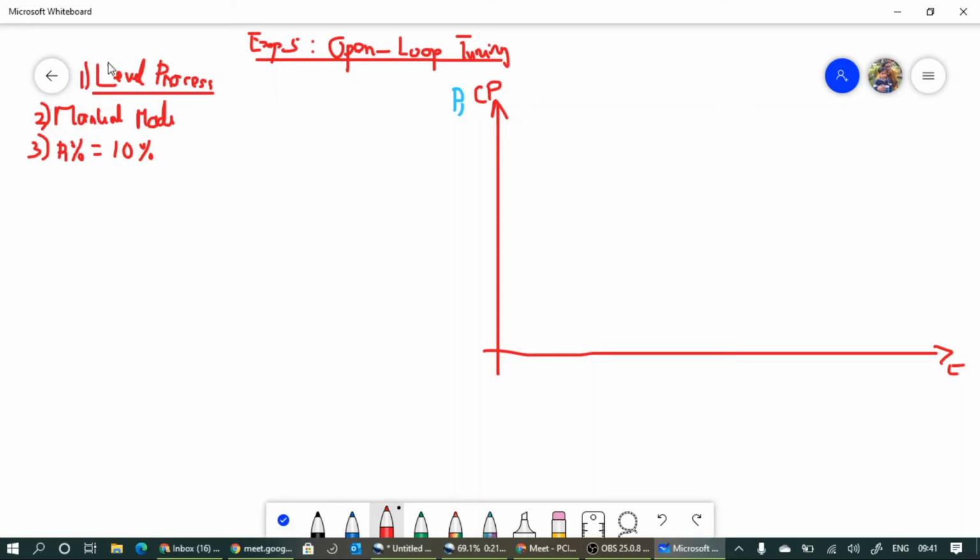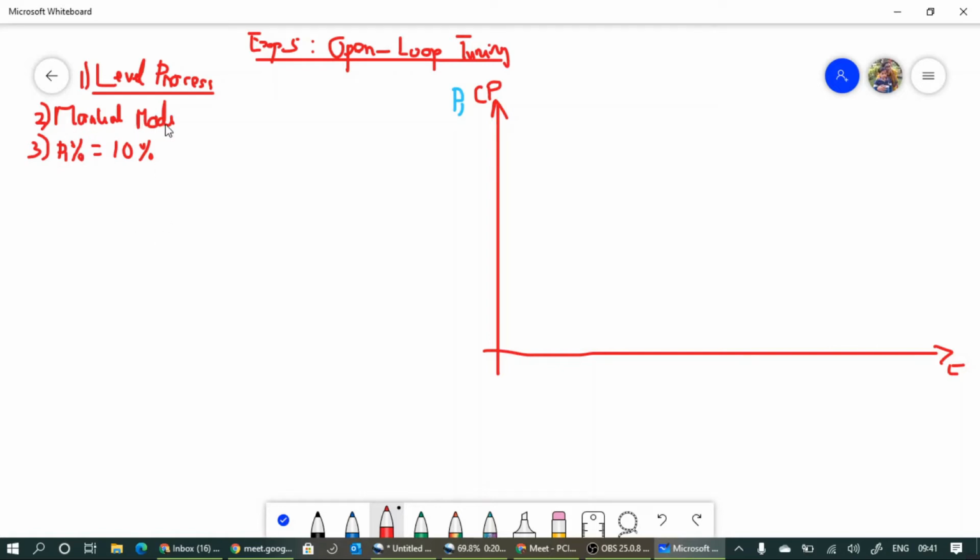Please note, those who are using the mobile application, there is no need to select level process. Instead, go to the process configuration and give the dead time and lag time. During the second experiment, I asked you to substitute some value, so select the same value. So this first step is different for these two groups. Otherwise, from the second step onwards, you have to follow the same steps.